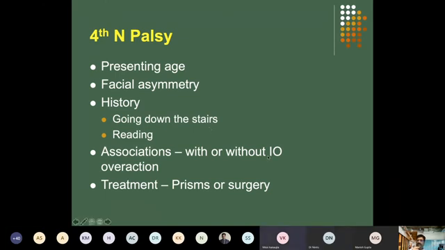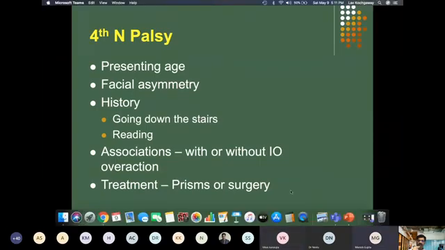mic can be switched off, please. Dr. Lal, you can unmute your mic now. Yes. So,